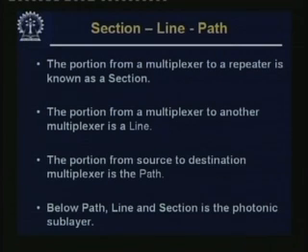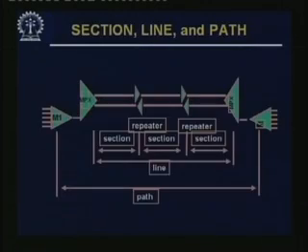Now, let us come to some important concepts in SONET, namely section, line and path. Now, what is a section? I think I will just show you a figure first and then maybe come back to this. Please look at this figure. So, we have some multiplexers. As the figure shows, we have a multiplexer on this side, whose output feeds to another multiplexer. This is going in this direction, then after some time the signal becomes weak.